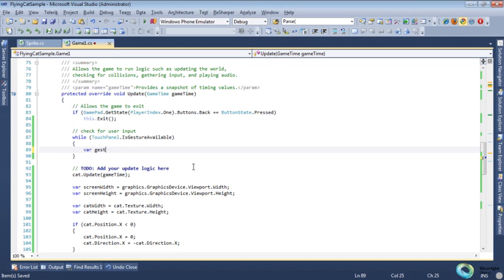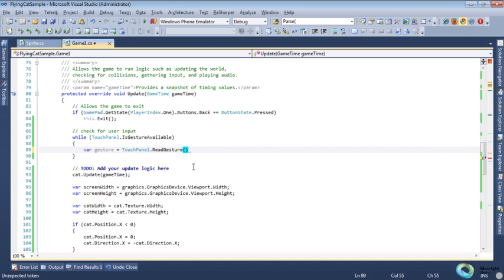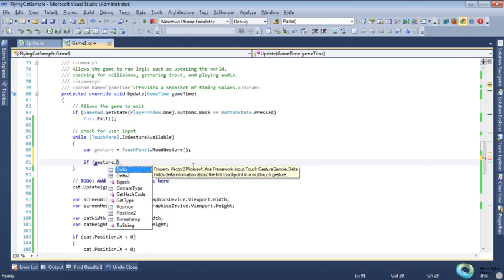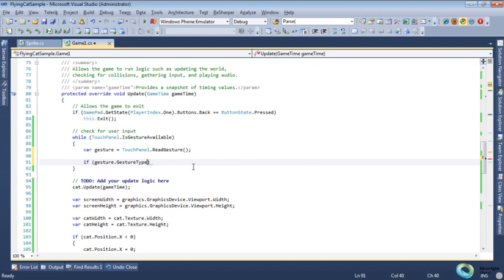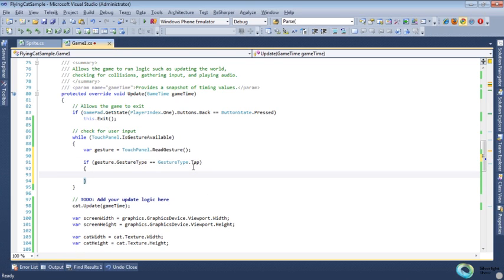So first thing to do is to actually read the gesture from the touch panel, and once you have the gesture you can, for example, check the gesture type if you are interested in multiple gestures, and then you can react accordingly. In our case we will always have tap gestures, and what we want to do now is get the tap position from the gesture,